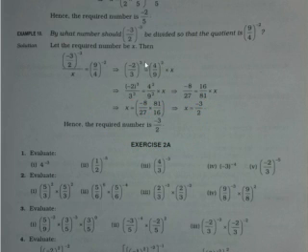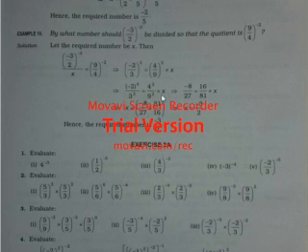This side one is given, and this side, what will it become? Minus 2 raised to the power 3 becomes minus 2 into minus 2 into minus 2, that is minus 8. And 3 raised to the power 3 becomes 3 into 3 into 3, that is 27. And 4a square means 16 and 9a square means 81, and x is there.